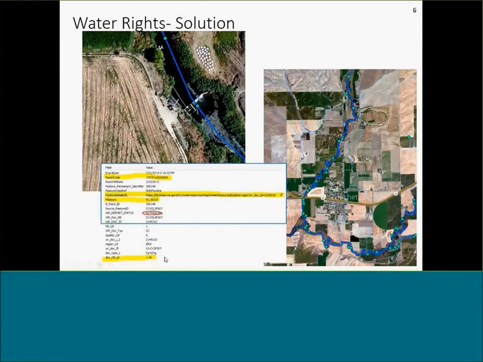So for a diversion, the cubic feet per second quantity, and most of you in the West probably know our water law, is what's allowed when it was permitted, and it's not the actual amount withdrawn. So you have to know something about our water law in order to use those quantities.